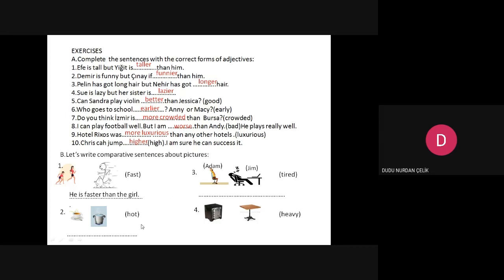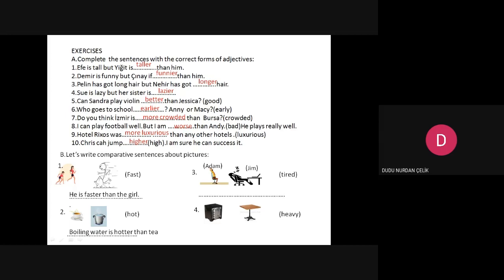Okay, let's see the second picture. Compare tea with some boiling water. Use hot. Could you make it? Okay, let's see the answer then. Boiling water is hotter than tea. We compare, so we say boiling water is hotter than tea. Or we can just say boiling water is hotter. That can be.